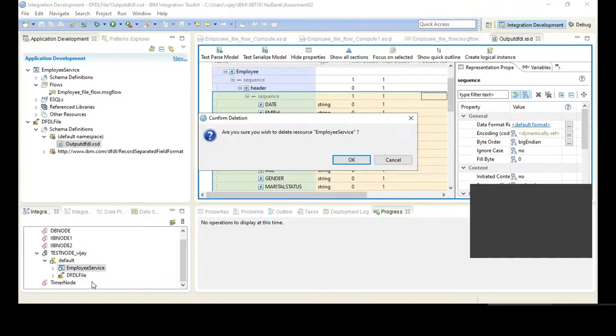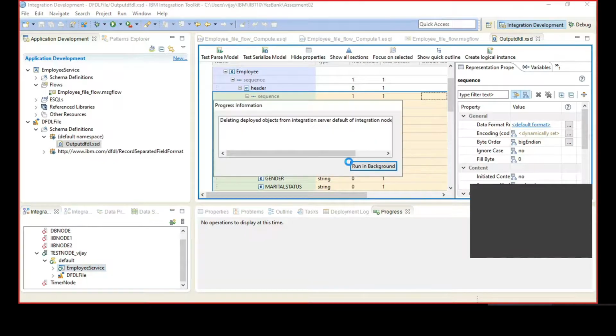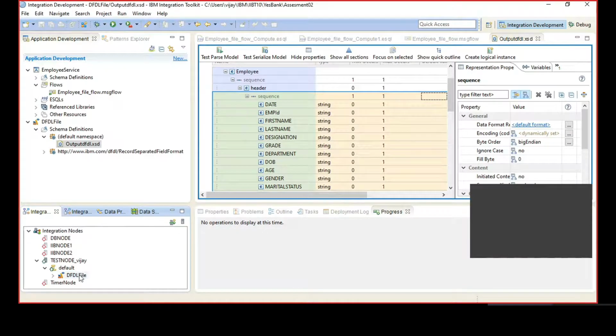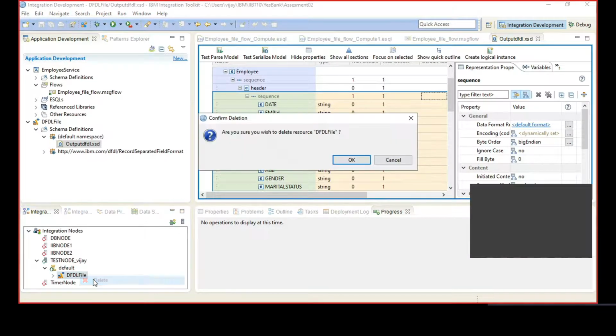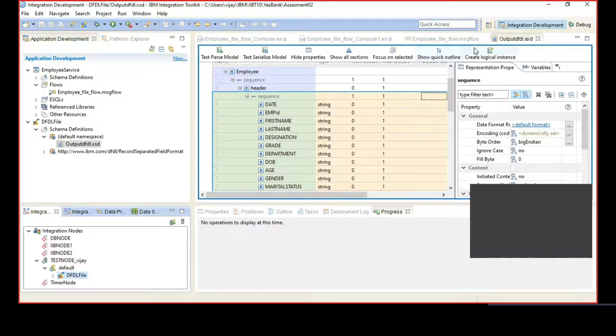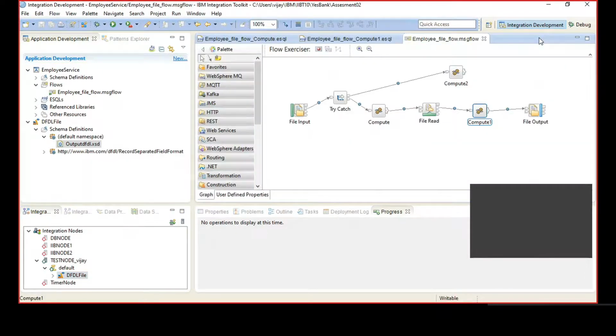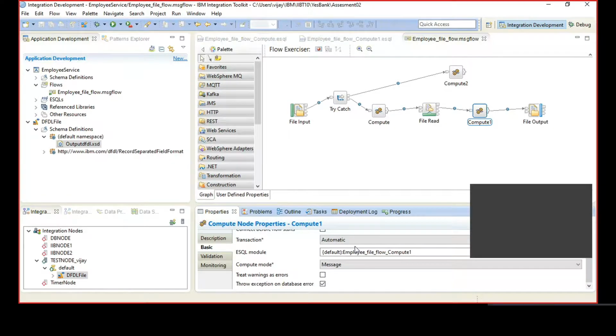Before you delete it, click on the properties, run in background, then click on the DFTL file. Don't delete it. Cancel. Click on the properties tab and click on the DFTL library.